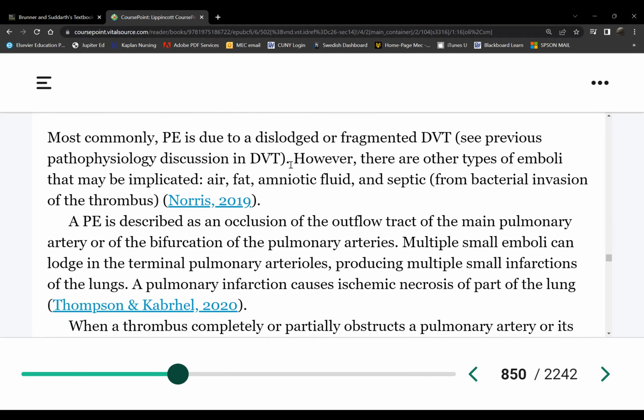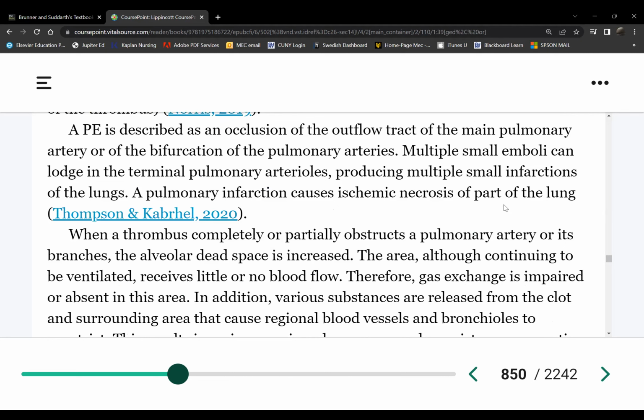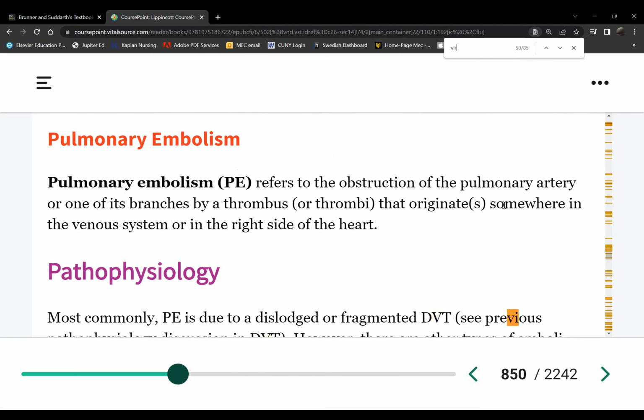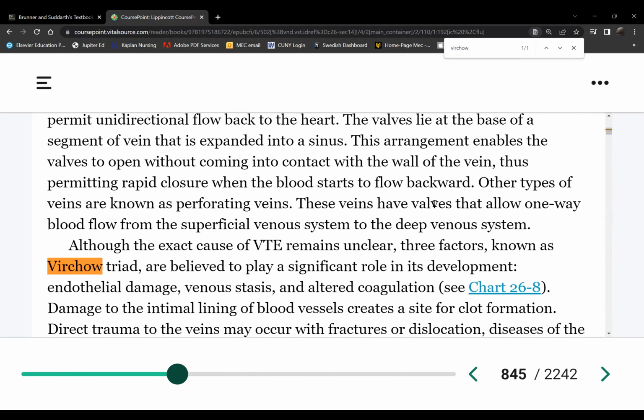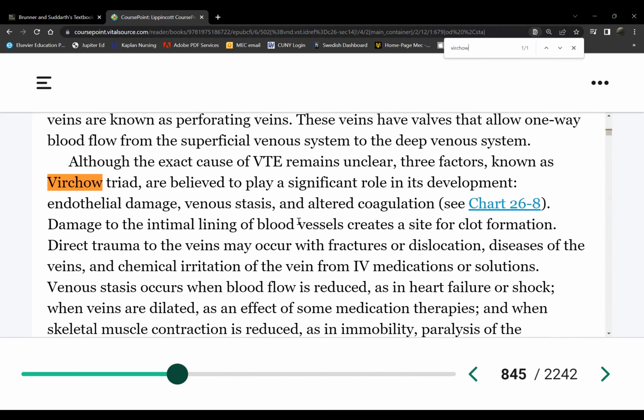Let's look at the pathophysiology. How did these clots get there? Where do they come from? Remember the three conditions again that we form a clot? What are those three conditions? Now, our body forms clots when? Okay, so that's one. Okay, so go up in the same chapter under the DVT section. So we have the Virchow triad, which are one, you said, venous stasis. What are the other two?